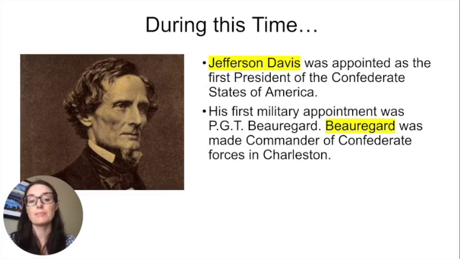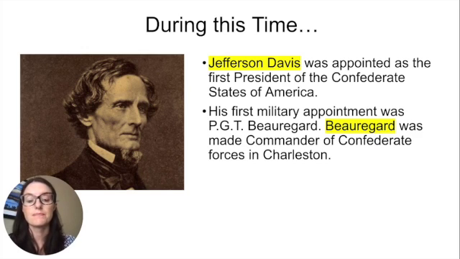While all of this was happening, Jefferson Davis was appointed as the first president of the Confederate States of America. So, in your important people section, we need to make a note that Jefferson Davis was the president of the Confederate States of America. His first military appointment was P.G.T. Beauregard. Beauregard was made commander of Confederate forces in Charleston. So, under important people, we also want to put Beauregard. We don't have to put his initials, we can just write Beauregard and say that he was the commander of